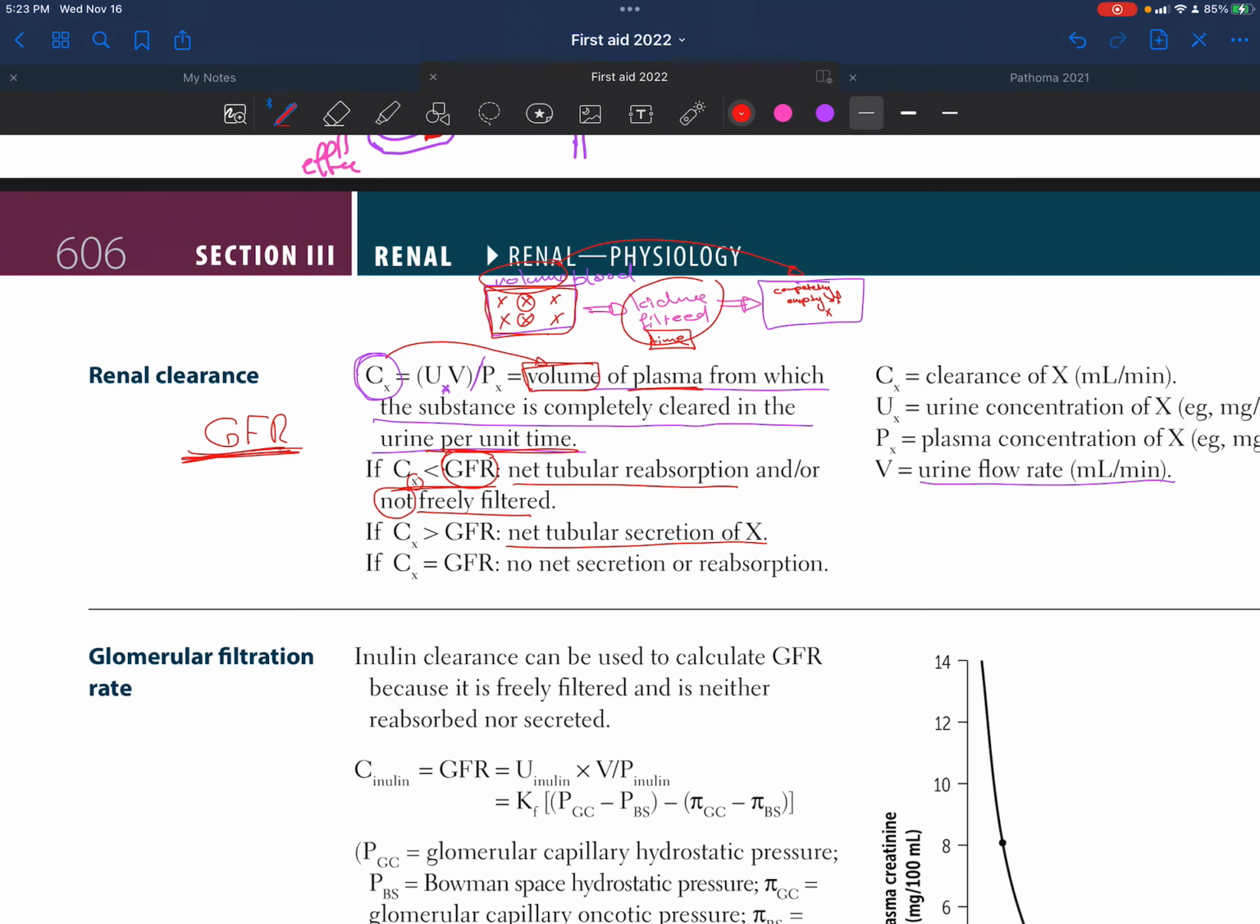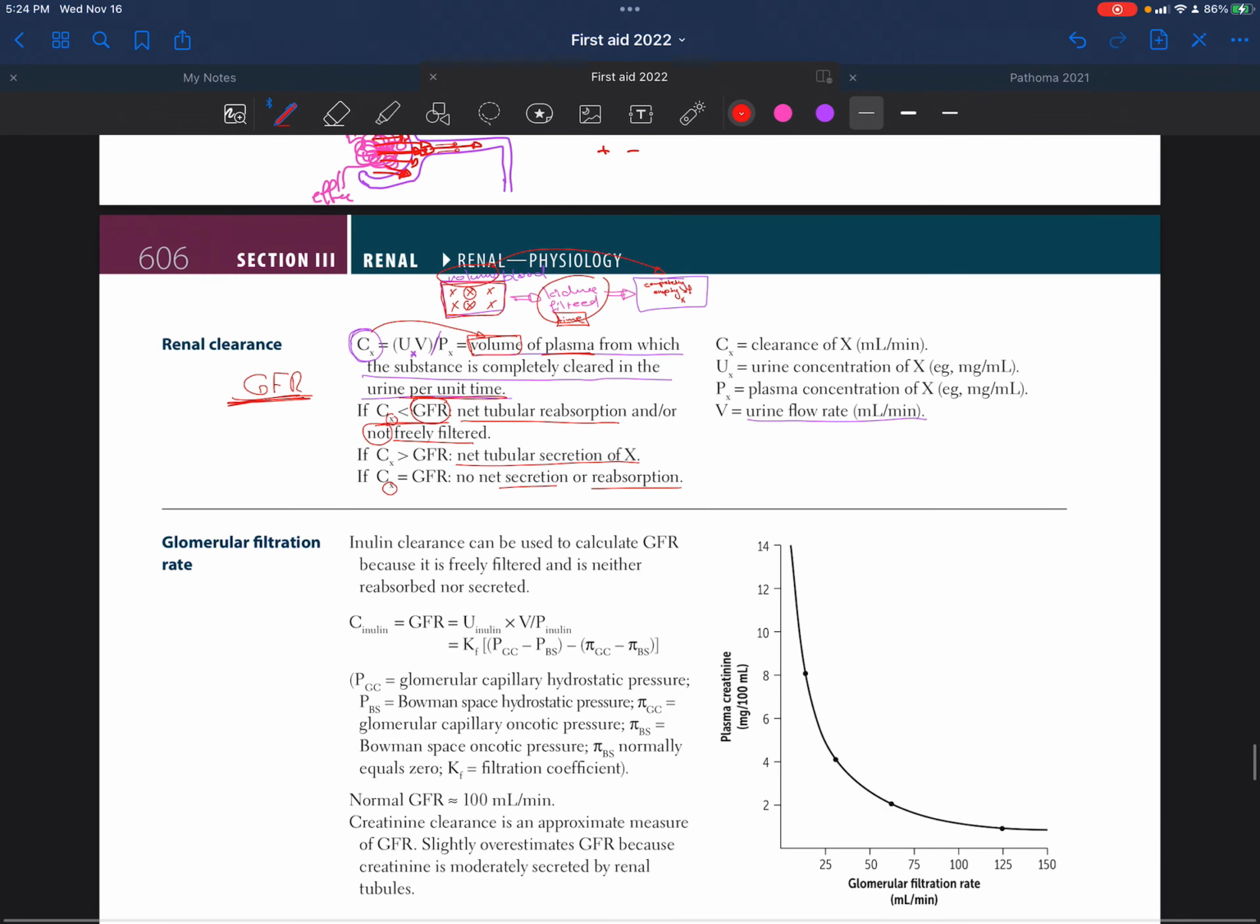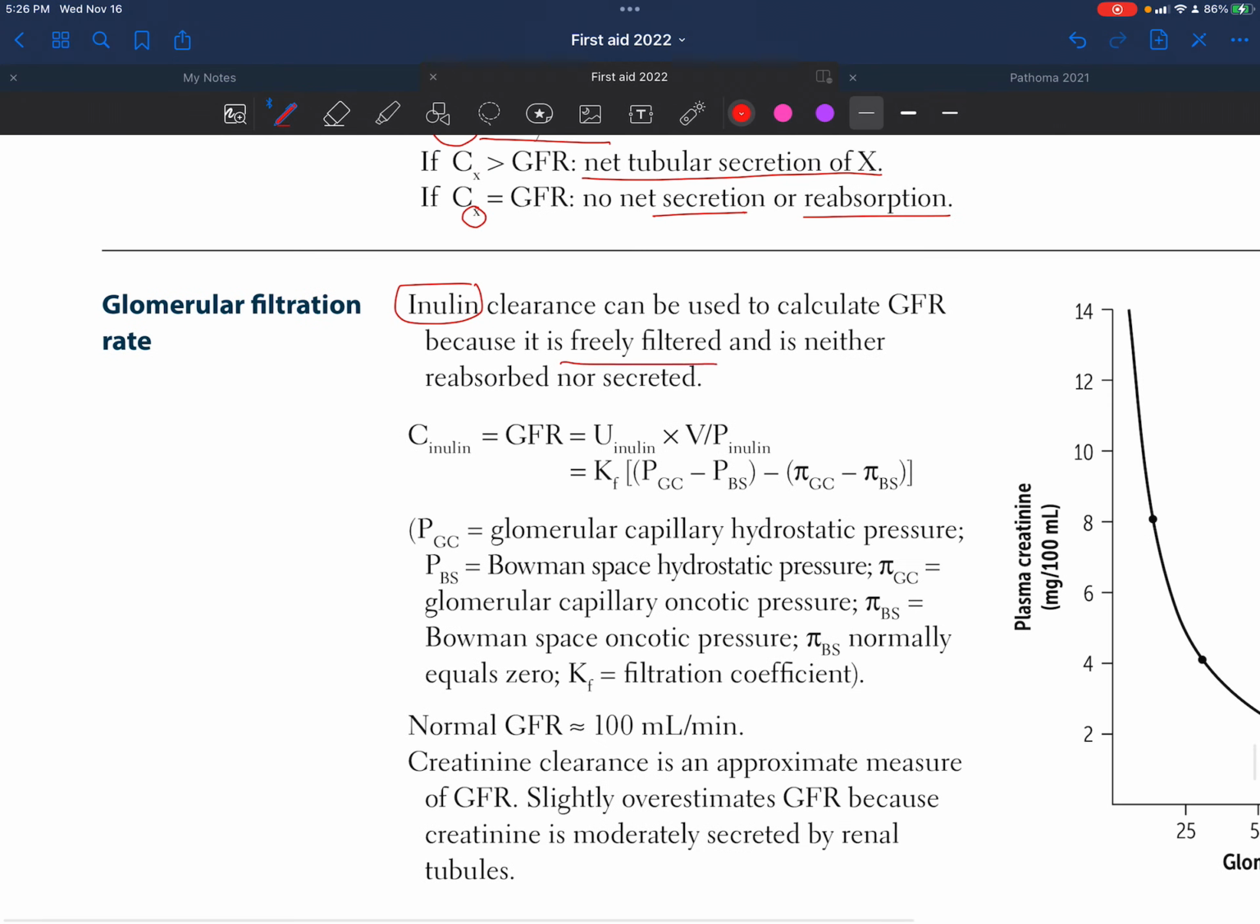More of that material is being added to the urine, okay? And if the clearance of that material X equals the GFR, that means there is no secretion nor reabsorption. Whatever is getting filtered is just being filtered and gets out of the body without being reabsorbed or added to, and that's it. For the glomerular filtration rate, we use the inulin clearance to measure it because it's freely filtered and